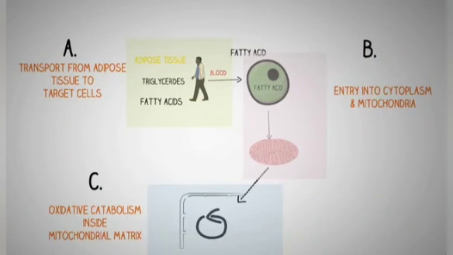Up till now we have studied the transport of free fatty acids from adipose tissue to the target cells. We have also studied about the entry of free fatty acids into the cytoplasm and the mitochondria. In the next part of the video, we will discuss in detail about the oxidative catabolism that happens inside the mitochondrial matrix. So for a complete understanding of the beta oxidation topic,